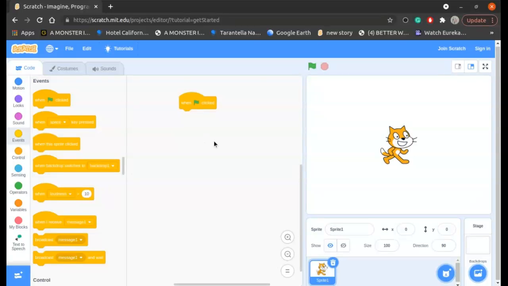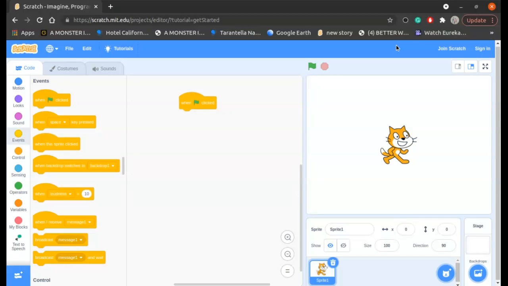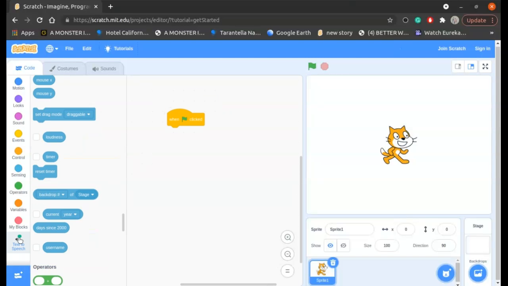But if you don't have a setup like this and you're in a full screen like this showing to many people, you have no option but to click this to start. So yeah, we're going to drag this here. Then we're going to go to text-to-speech